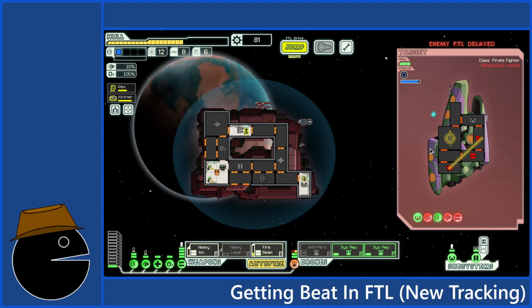And your weapons are done for. Your oxygen and engines are done for, so you can no longer leave. And you're very quickly... What I like to see.